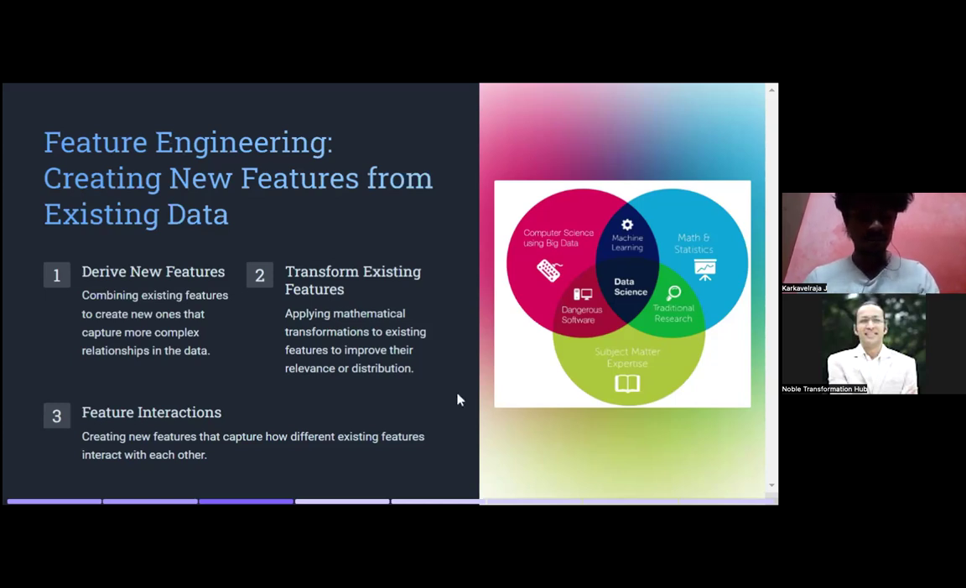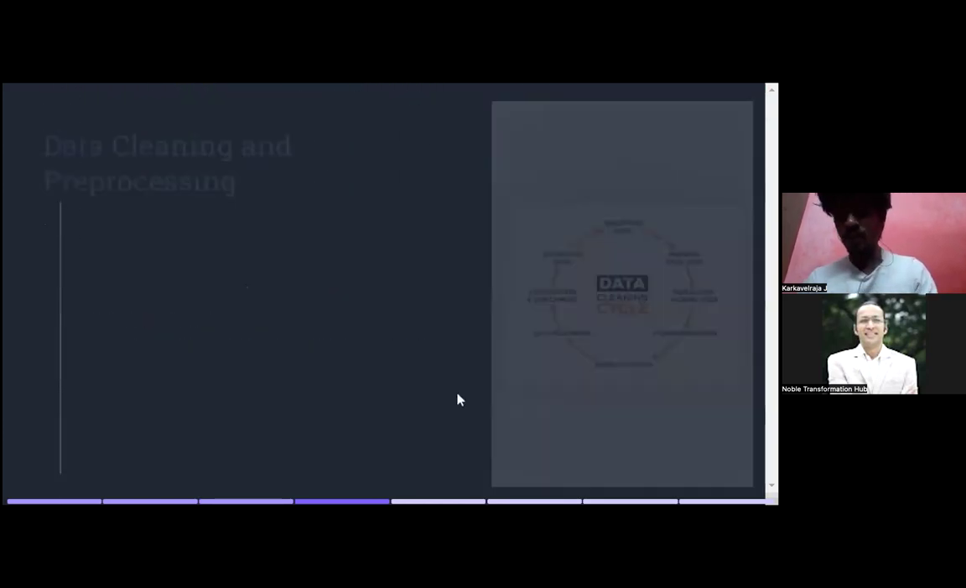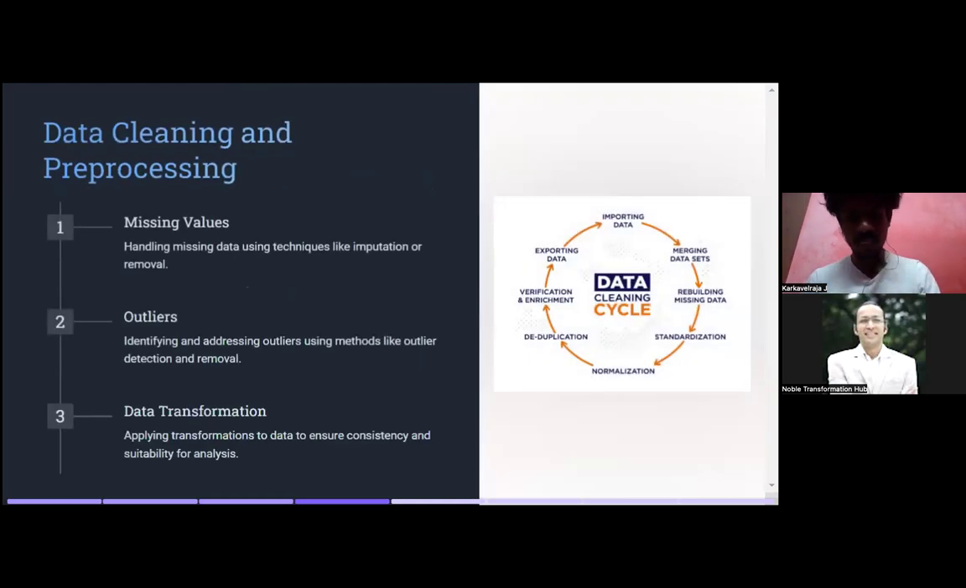Yeah, sure sir. And now we're going to see data cleaning and pre-processing. This is something we have seen before, but it comes under the category that we are seeing. So, data cleaning and pre-processing: handling missing data uses techniques like imputation as well as removal. Whenever we have missing values, we need to handle them